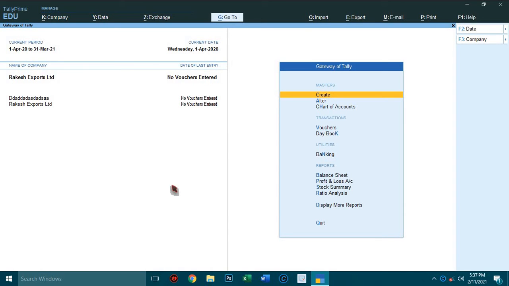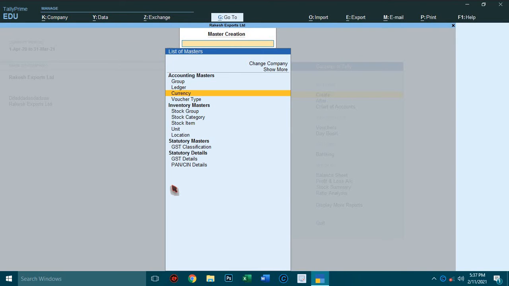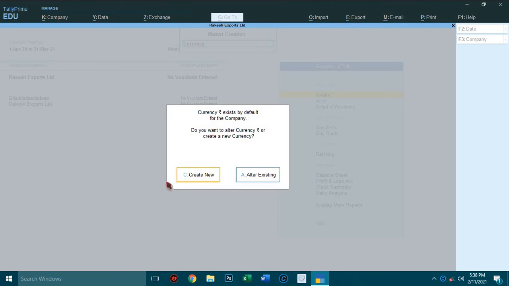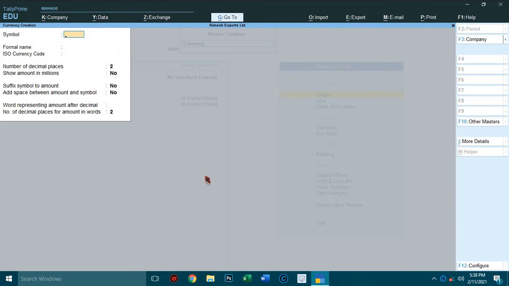First create the currency, dollar. Select create, press enter, select currency, create new one. Friends, the dollar symbol is available on our keyboard in the top second row, on the fifth button, the digit 4 button. You can press it by holding the shift.